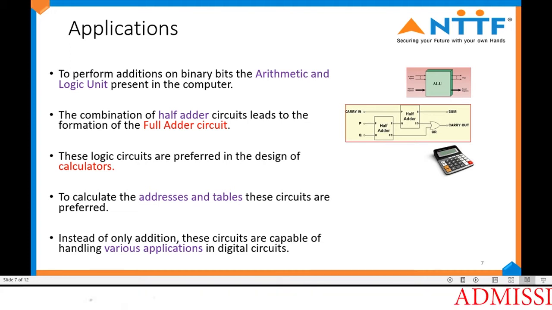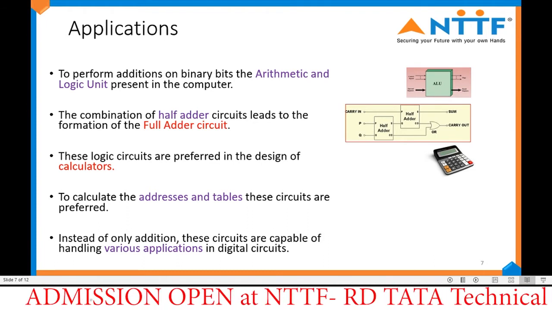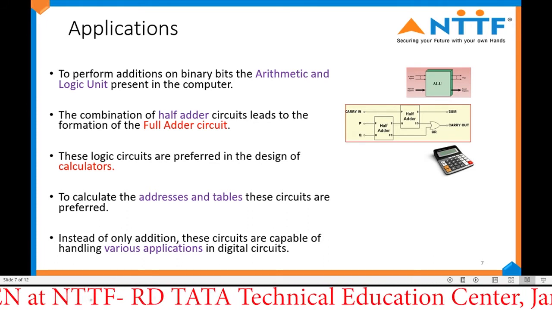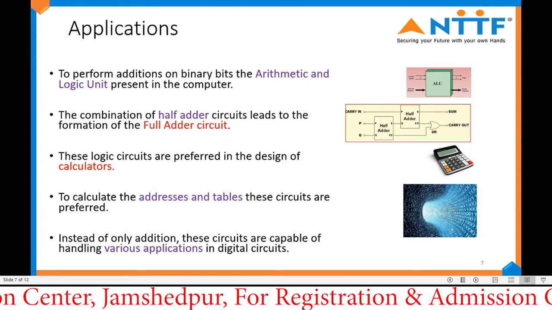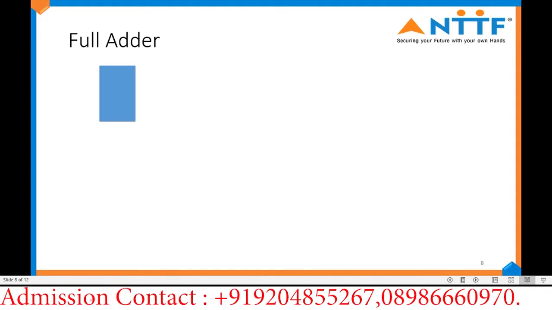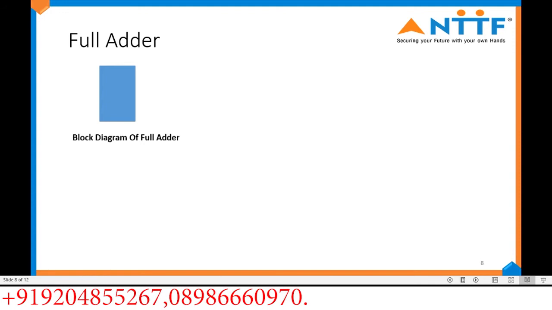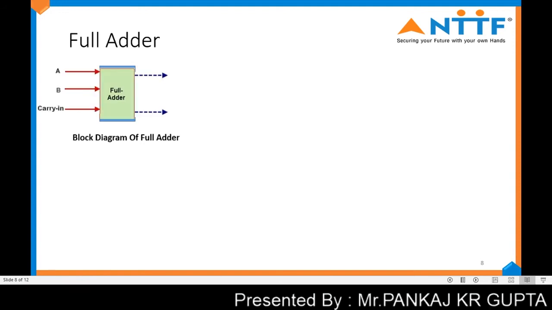The main disadvantage of the half adder is that it has only two binary inputs and it is not effective. To overcome this, we use the full adder circuit. In this, one more bit is added as an input, which is known as carry in. So, in a full adder, there are a total of 3 inputs and it has 2 outputs, that is sum and carry out.